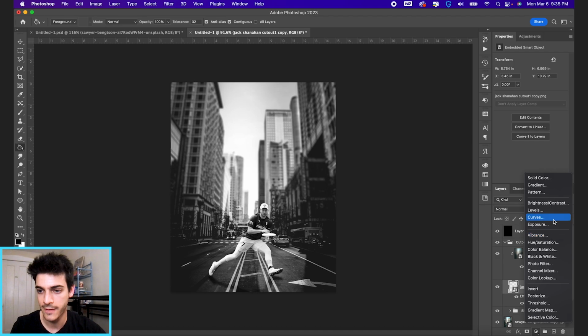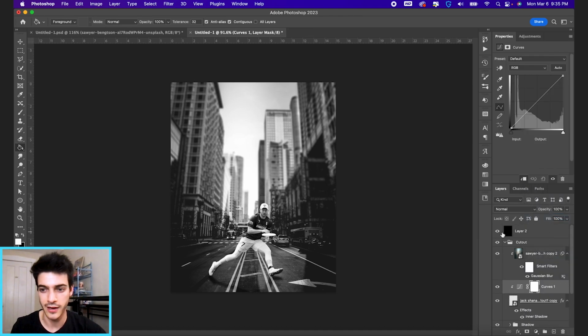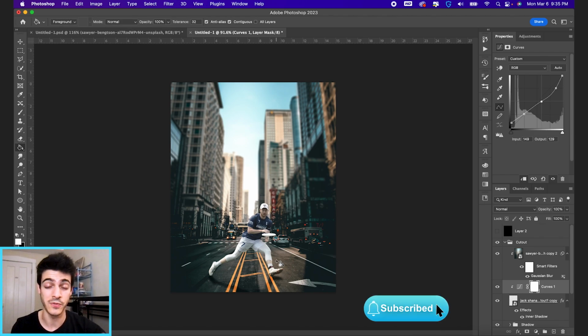But what we're going to do is let's make a curves layer, and keeping our black color layer on, let's start to move this curves layer around and just make it feel like he fits in this image more. I don't really know how else to explain it, but I'm just moving these around until it seems like he's sticking out less. And then once we're happy with it, we can turn off our black color layer, and you can see the before and after of this curves layer. It just made him a little bit darker, a little bit less contrasted, and it just feels better in the